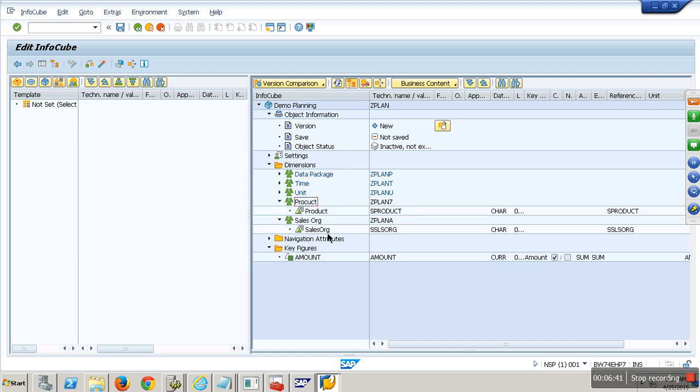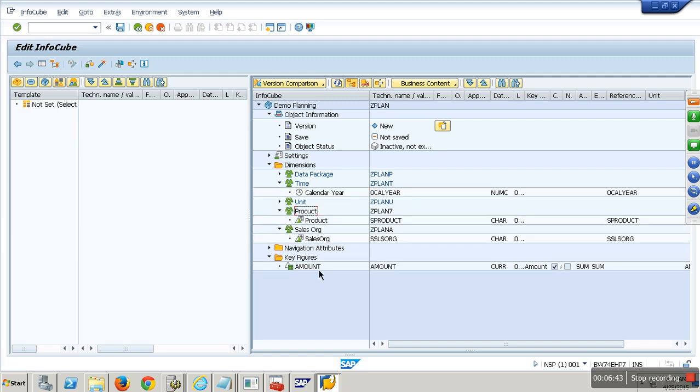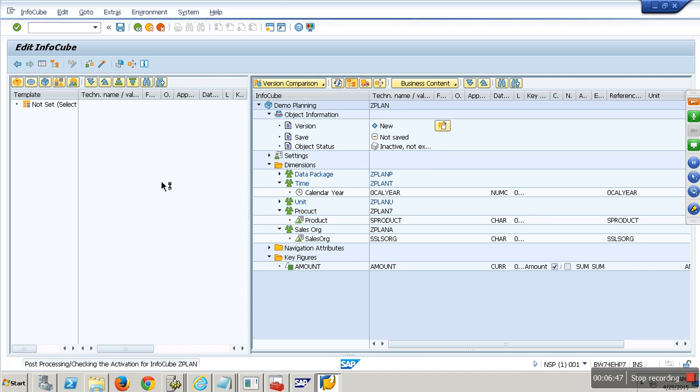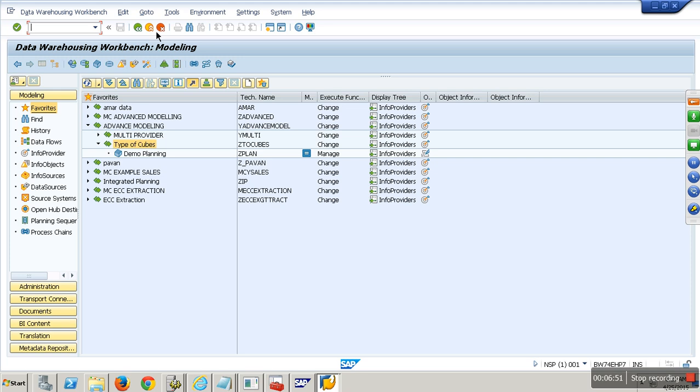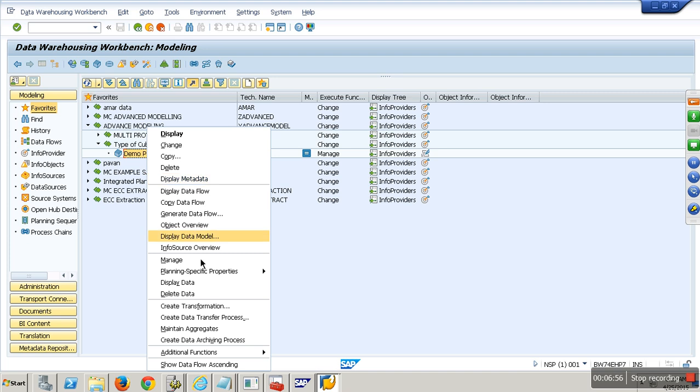So I just have product, sales year, and then amount. Activate this cube. It's like normal cube creation, nothing different. See, when you right click on this planning cube, you have an option called planning specific properties. Here you have